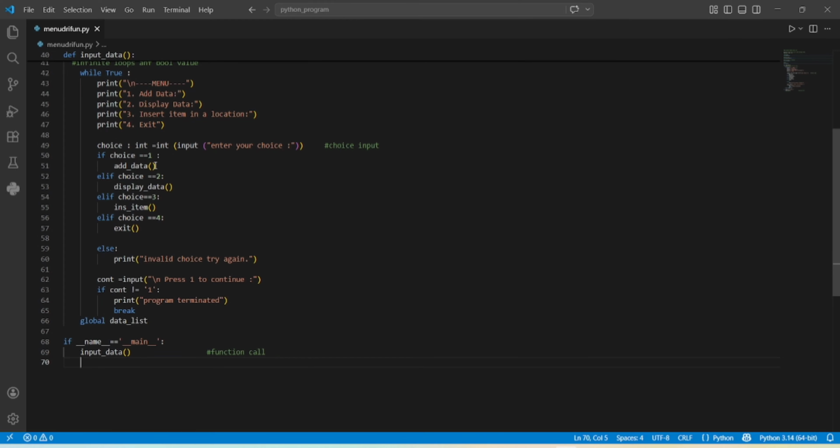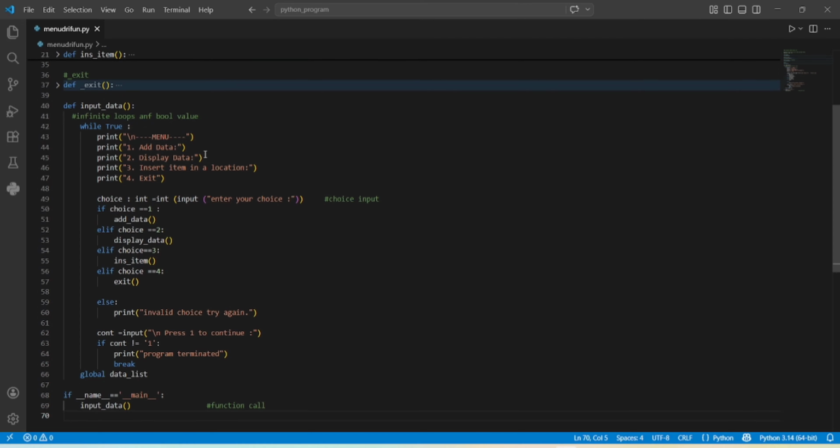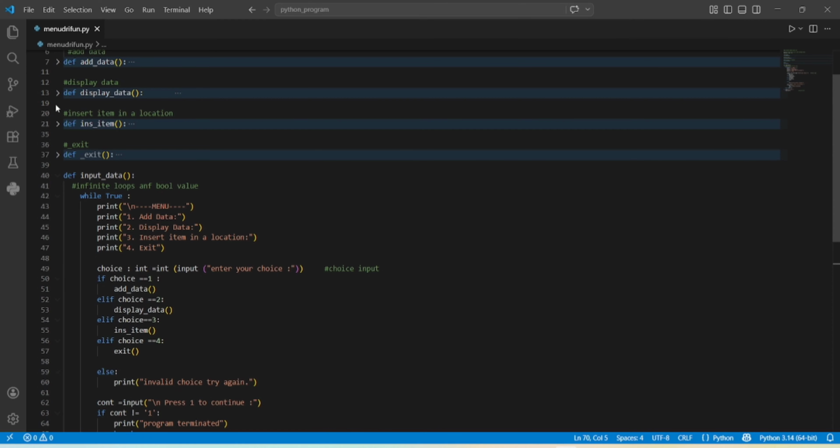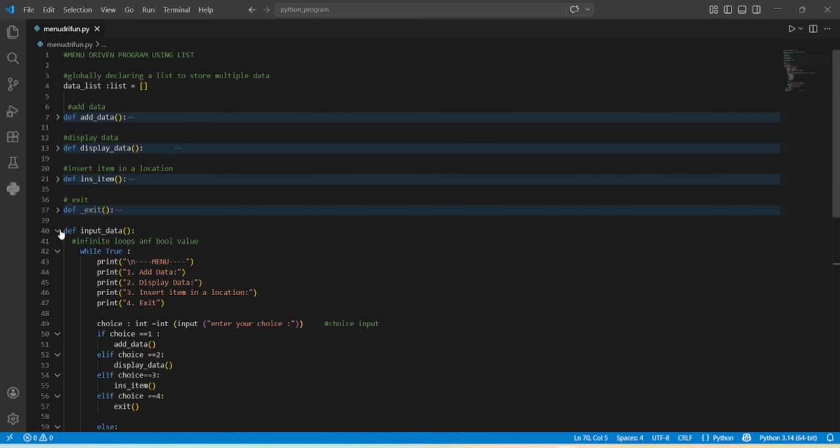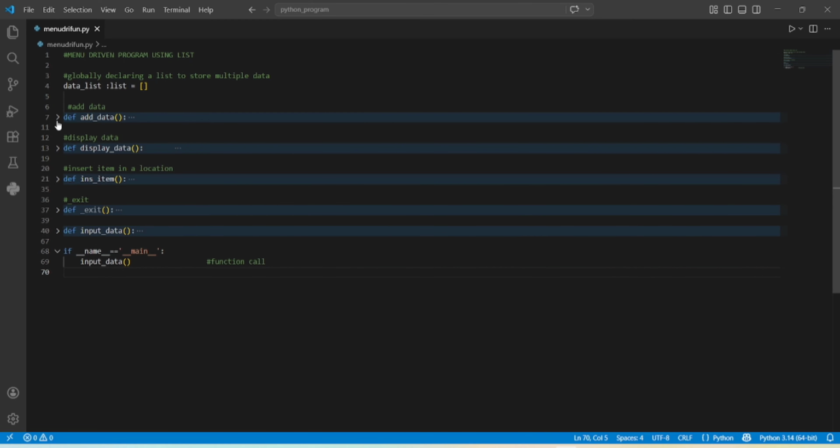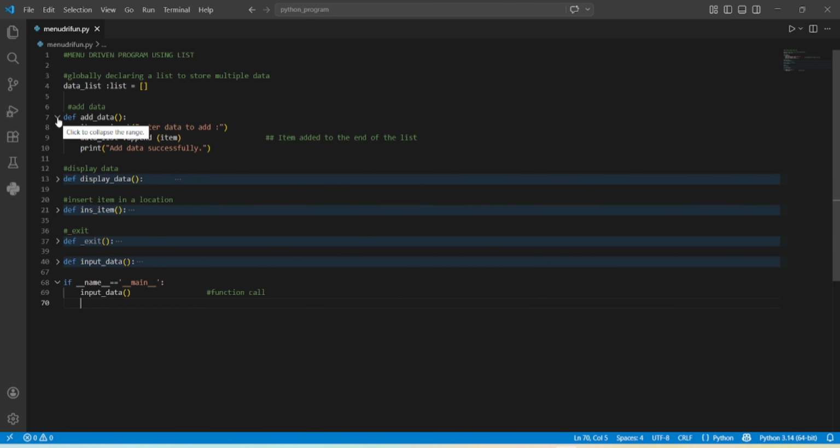Now we can see that if the choice equals 1, then add data. So what is the add data function? Let's see. Okay, let's close this and open this function. In this function, the function name is add_data. Here we can see that we input a value which is data. And then we append this value